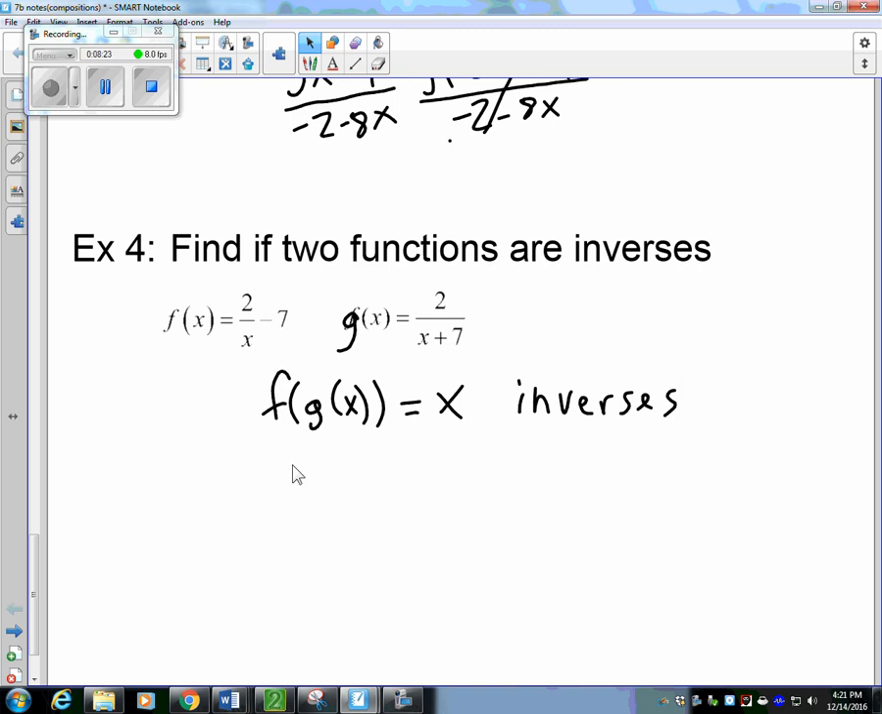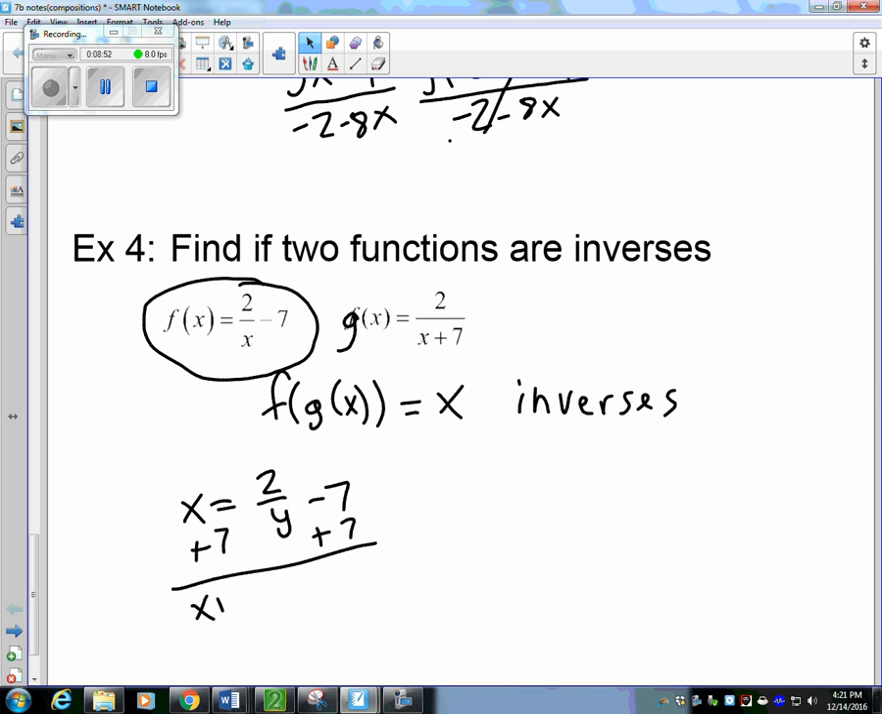Another way to do it, what we've been doing here, is I'm going to take one of them. I'm going to take f of x equals 2 over x minus 7, and I'm just going to find the inverse of it. So f of x is y, and let's switch x and y. X equals 2 over y minus 7. So to get this y by itself, first we have to add 7 to move it. So we get the 2 over y